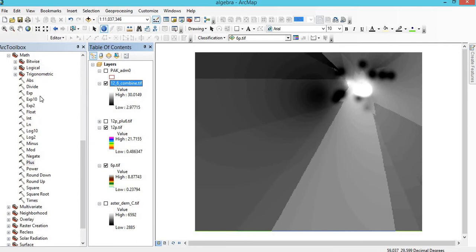Now we can divide the data sets. We can round up, we can round down. If we apply round up to this value, then 30.01 will be 30 and 2.9 will be 3. Similarly, for round down, we can also make a square.